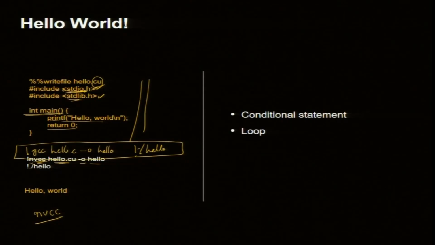C codes have conditional statements, loops, functions, and all. C is a very powerful language, it can do all that stuff, not objects, but it can do all this. For CUDA programming I need pointers. Why pointers? Because I do not create variables, I will basically create pointers to variables for what resides in the GPU.